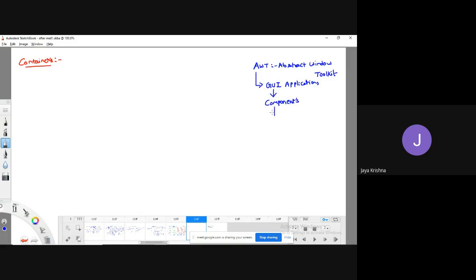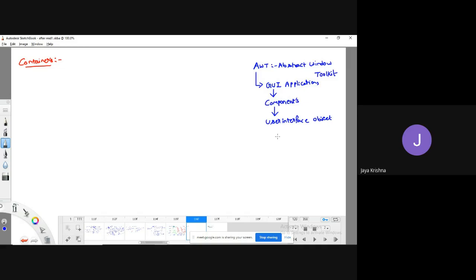What do you mean by a component? A component is simply a user interface object with which the user can interact, like a checkbox, drop down button, list box, choice, radio button, normal button.